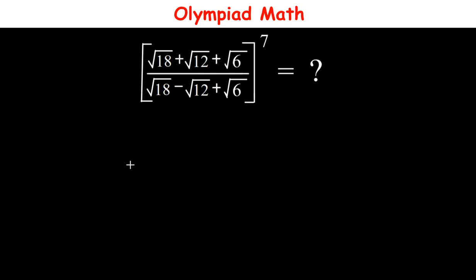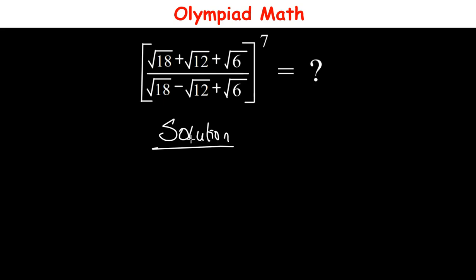Hello everyone, in this video let us solve this question. We have in bracket square root of 18 plus square root of 12 plus square root of 6, all over square root of 18 minus square root of 12 plus square root of 6, all raised to power 7. What is the value of this? So to solve this